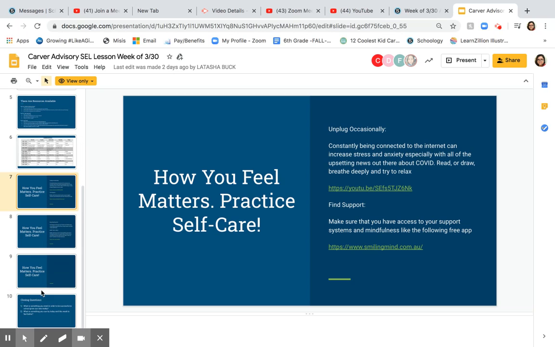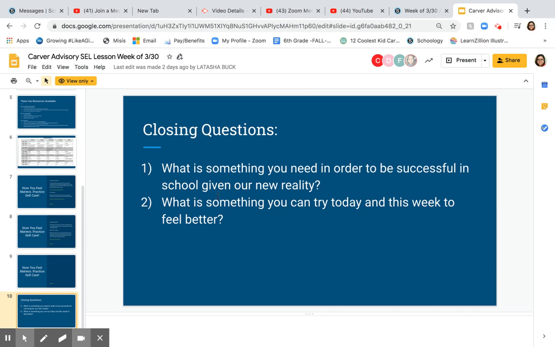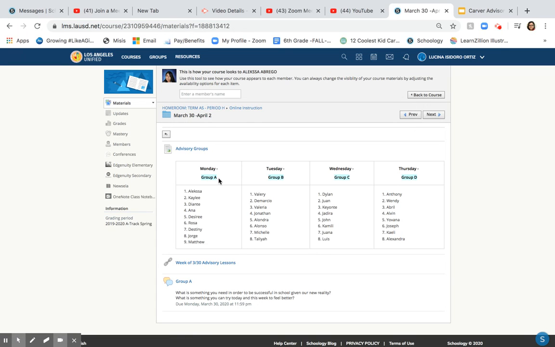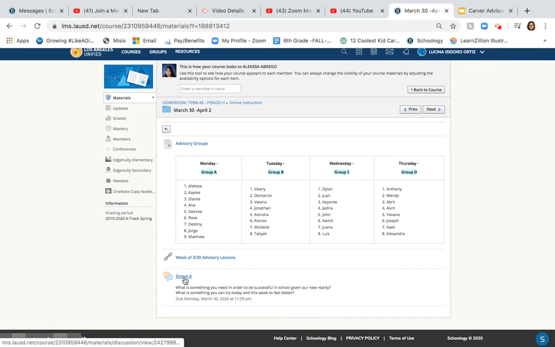At the very end, it has closing questions, and since this is view only, you're not going to be able to answer them in the Google Slides. So when we go back to the folder, Group A,